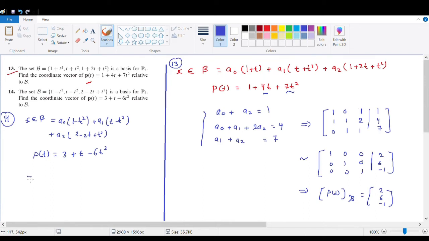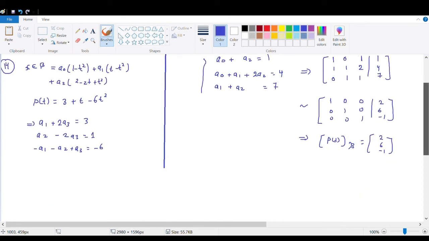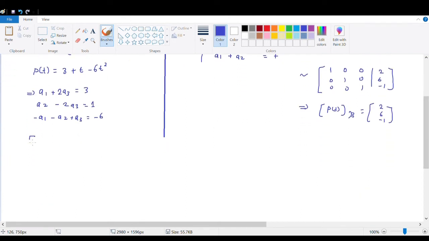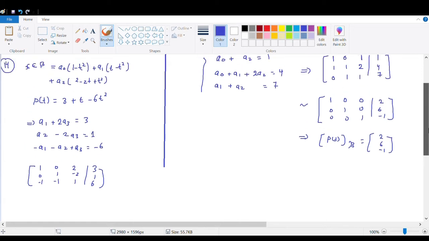So from here it is clear that a1 plus 2a3 is equal to 3, and then a2 minus 2a3 is equal to 1, which is the coefficient of this one. Then here for minus 6 we have minus a1 minus a2 plus a3 is equal to minus 6. So if we build our matrix, it will be 1, 0, minus 1, then 0, 1, minus 1, then 2, minus 2, 1, and here we have 3, 1, minus 6. So if we do row operation for this one,